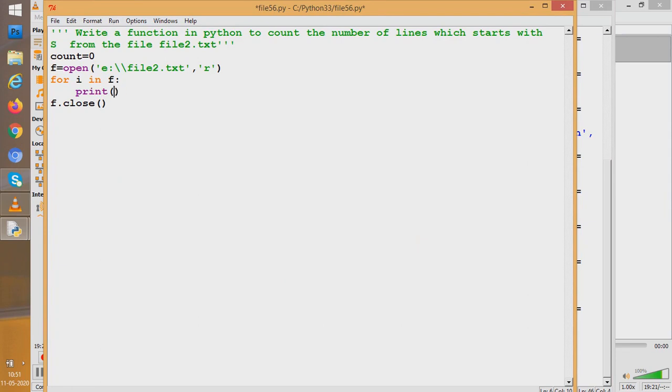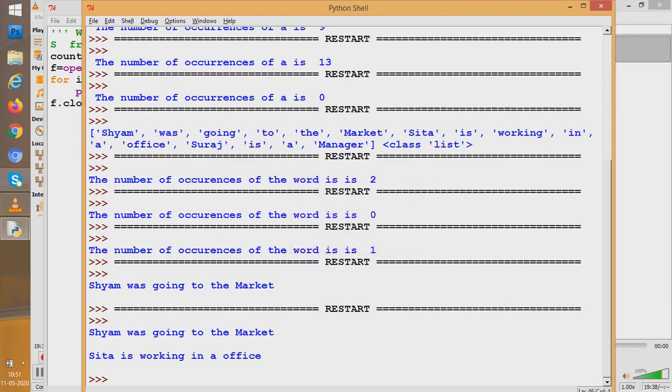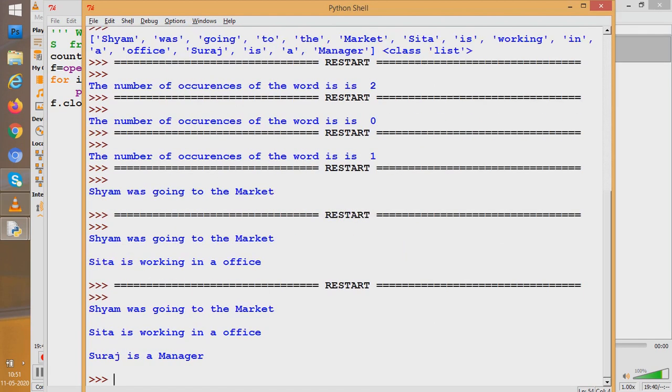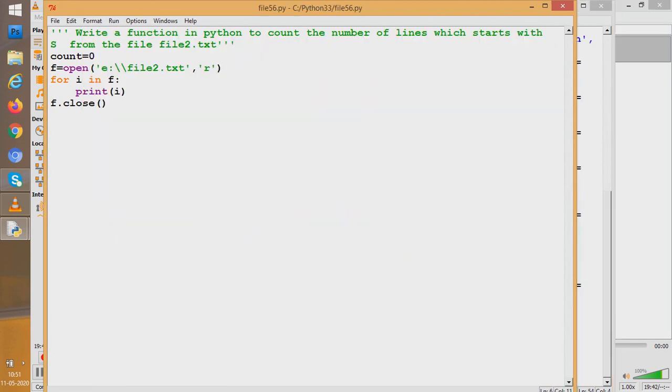So this also helps us to show in the shell all the things which come from the file, line by line. You see, I'll use it. So three things it wrote line by line. This is also a way we can use, and this may be a better way to use.